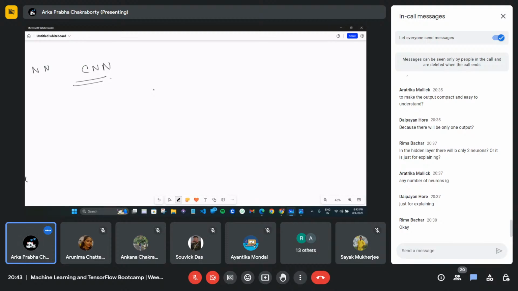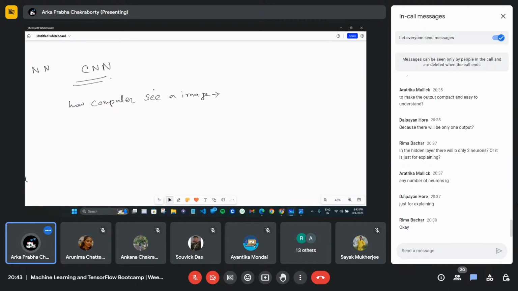For that reason, I have to showcase something. If you have some image, how does a computer see an image?